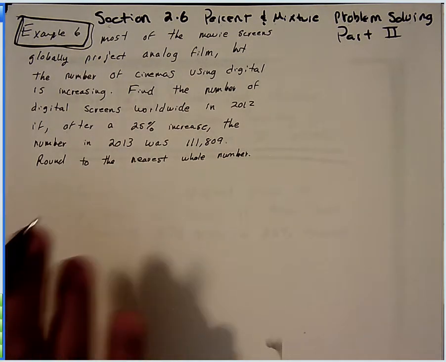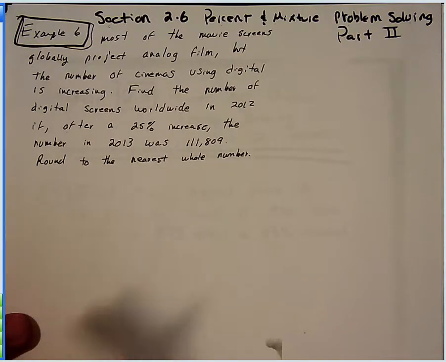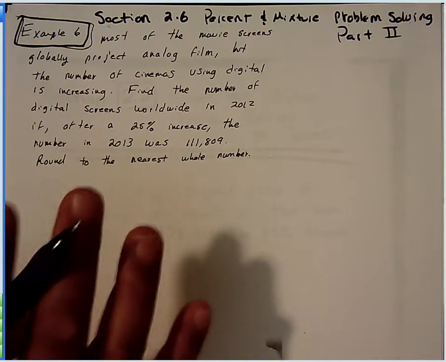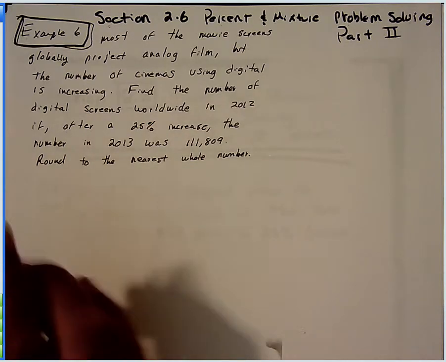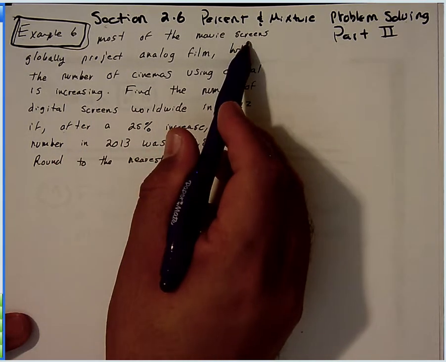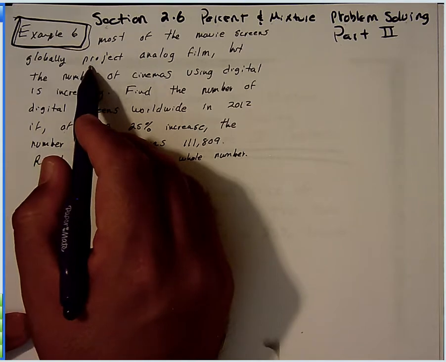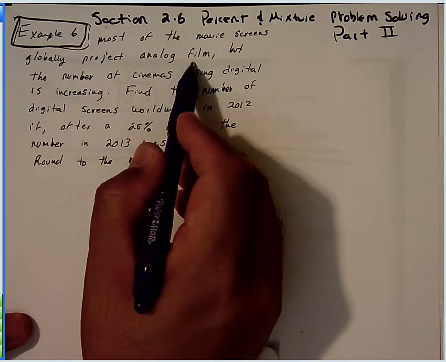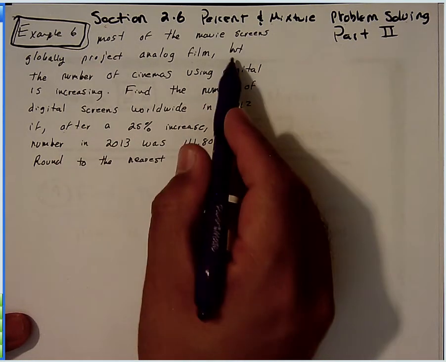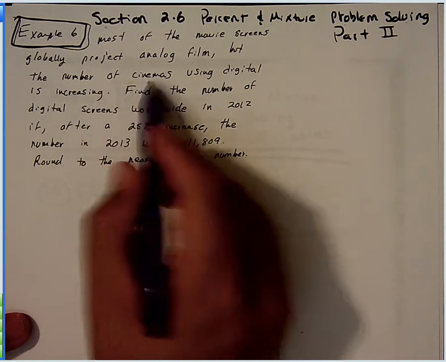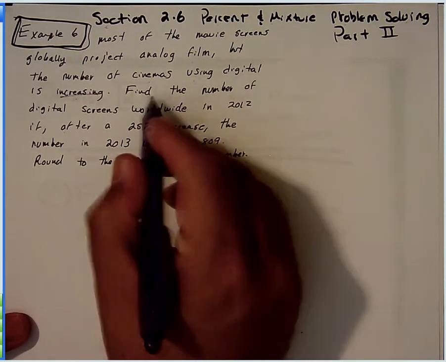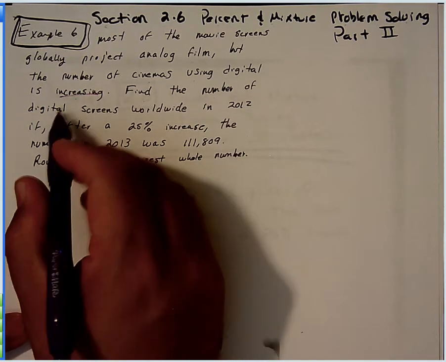In example 5 also you had to follow 2 different steps, and in this case it's just 1 step, but it's different from the previous examples. So let's read over them. Most of the movie screens globally project analog film. So this is the old type of projection, the analog. But the number of cinemas using digital is increasing. All right. Find the number of digital screens